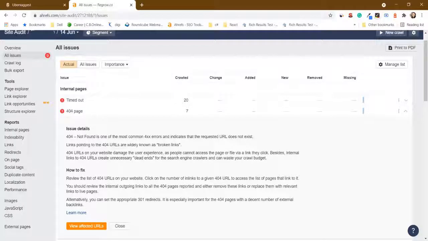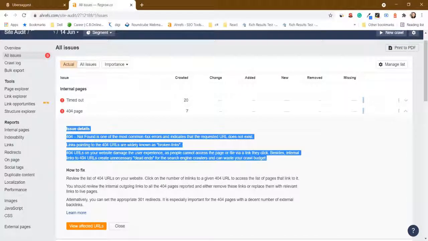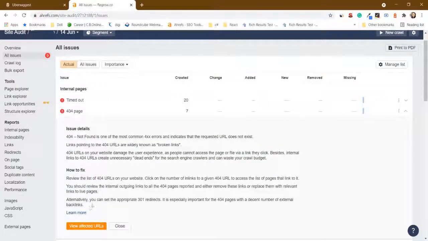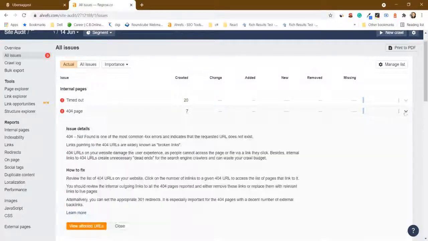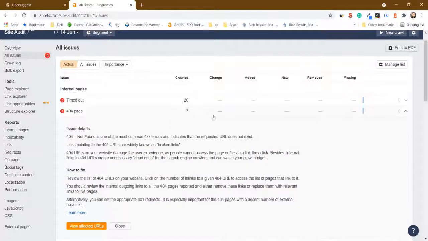On each and every issue on the site audit, you will see what the issue is and how to fix it. These two elements will be given to you. All you have to do is select the drop box, and what the issue is and how you have to fix it will be mentioned over here. Now there are 7 links which are having this 404 error.